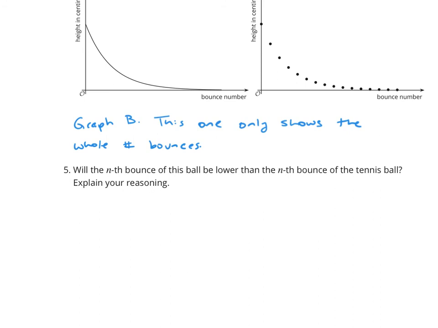So if we were to compare the same bounce for each ball, we will see that this ball will always be higher. So no. This ball will always be higher